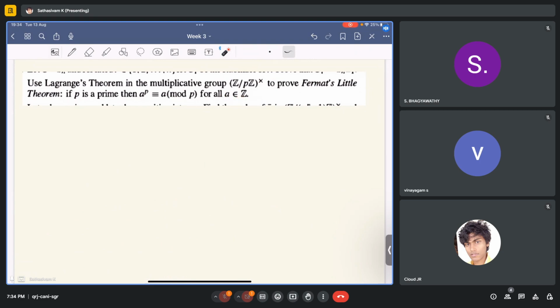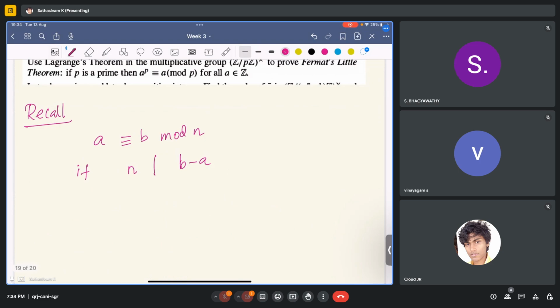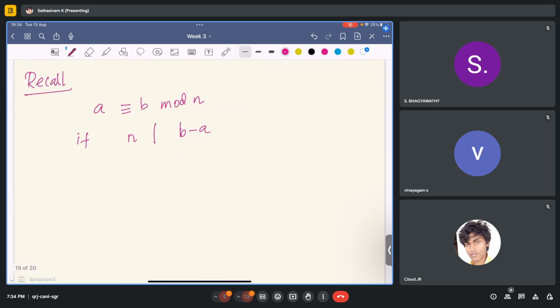If you don't know what mod means, I'll just recall it. We write a is congruent to b mod n if n divides b minus a, or a minus b. This is the formal statement, but what it means is the following. If you take a and divide by n,